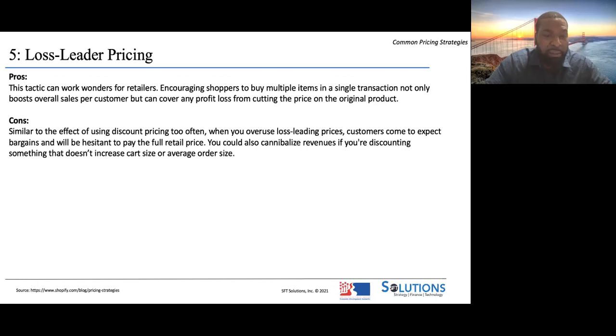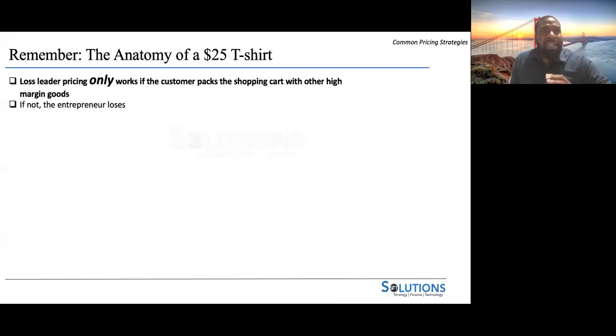So I want everybody to remember that, right? Not saying that the $25 t-shirt is a bad idea, but it's a bad idea if that customer walks in, buys a $25 t-shirt and walks right back out of the store. You have to make sure that if you're going to sell them that t-shirt for $25, they're buying a pair of jeans that you get to make some money on. They're buying shoes that you're going to get to make some money on. They're buying other things that allow you to put some money in your pocket.